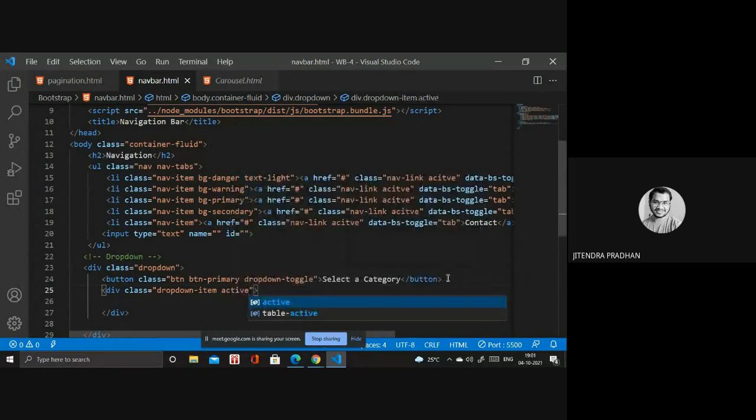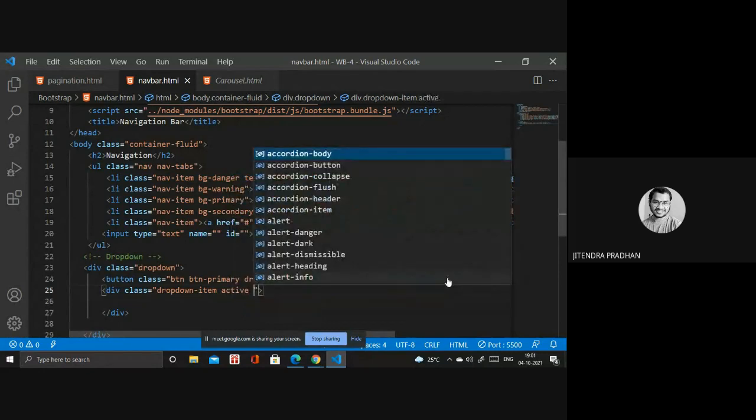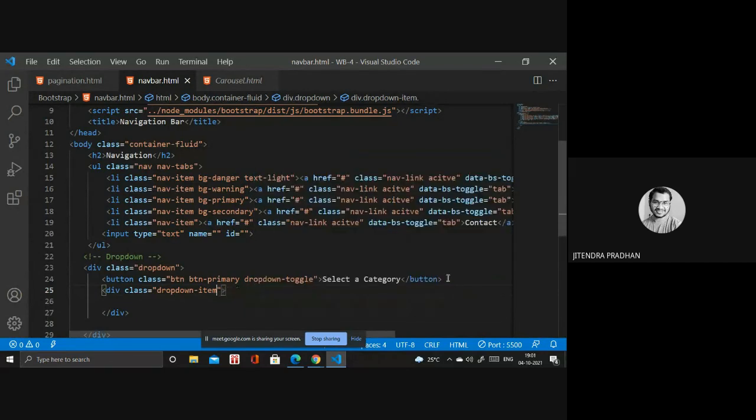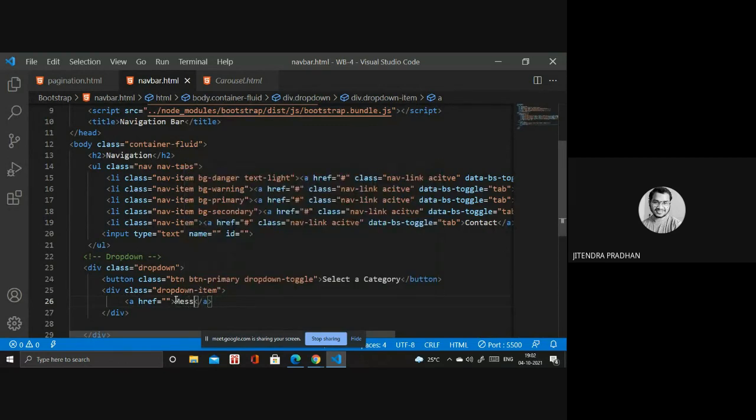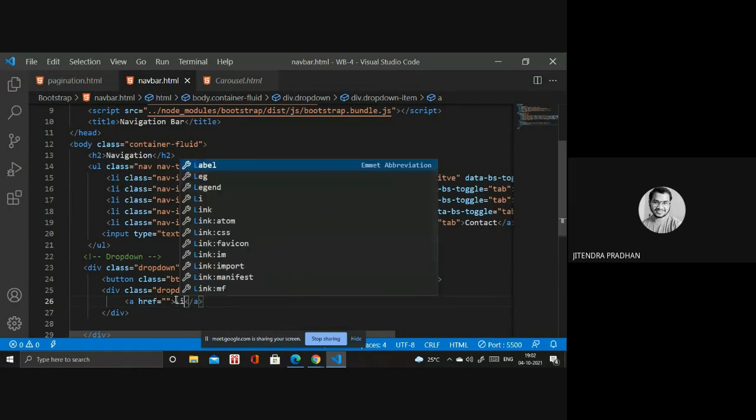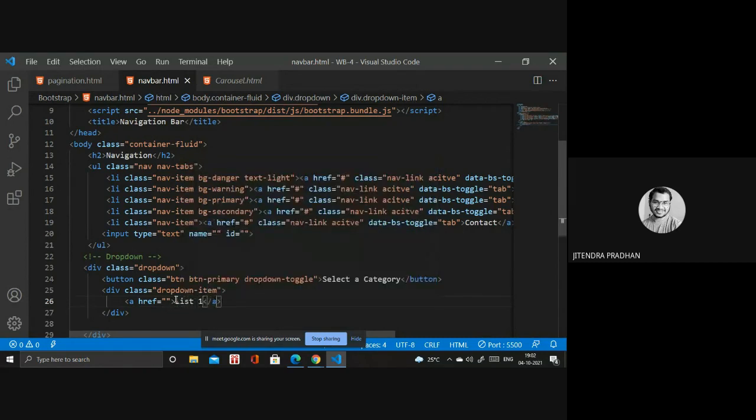And if you require another item, I give the anchor tag inside, and inside that anchor tag I write something, like message, or a list one. Okay, drop down item.